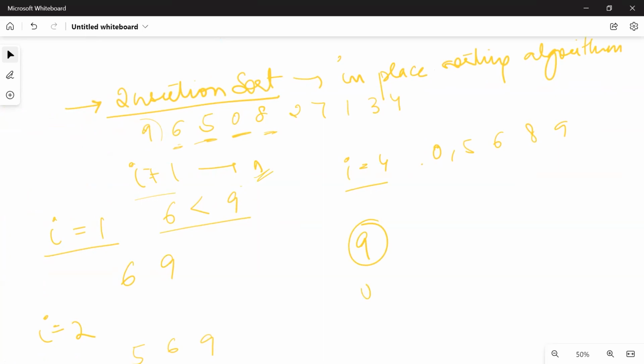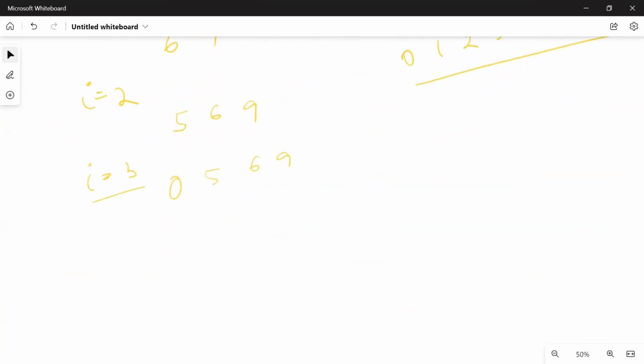So at the end, you will have 0, 1, 2, 3, 4, 5, 6, 7, 8, and 9 sorted. Now, how does it look? How to work with it? Or what is the algorithm behind it? Okay. So the first thing that happens is,